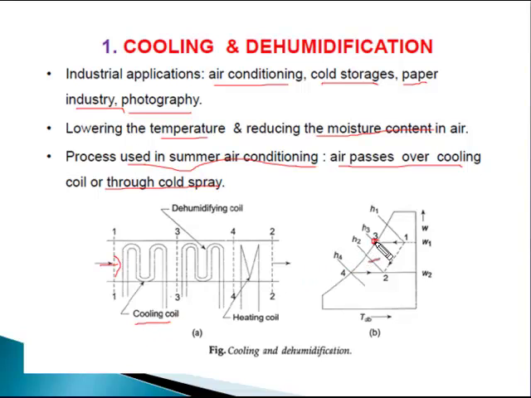After that we are using a dehumidifying coil that sprays water into the moist air, and the water absorbs the latent heat and that decreases the temperature of the moist air here. Now we are using a heating coil that will increase the temperature from point 4 to point 2. Finally, using the 3 coils we achieve this process 1 to 2. That process is known as the cooling and dehumidification process.